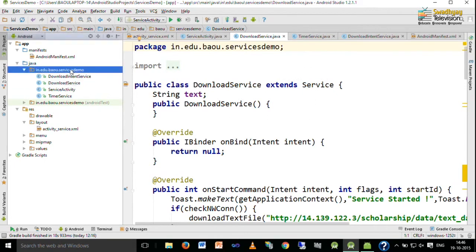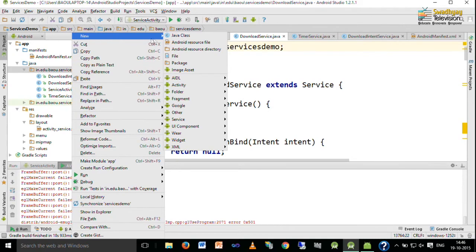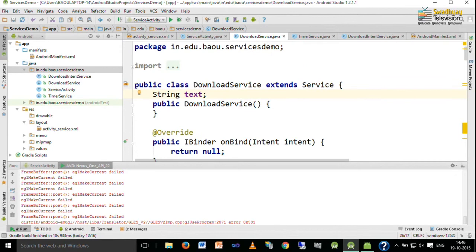For that, you have to right click on the package, select New, and inside New there is an option Service, and here we have 2 options. First option is add normal service, and the second option is add intent service. So, here we take the Service option, and it will automatically ask for the name, DownloadService, which I specify, and